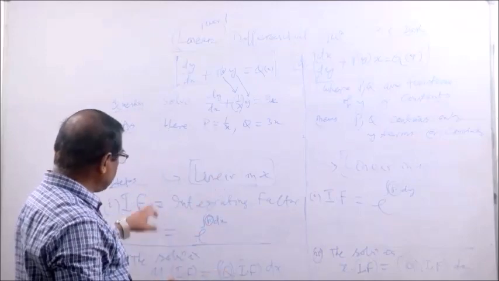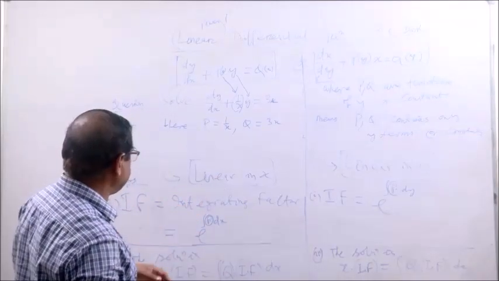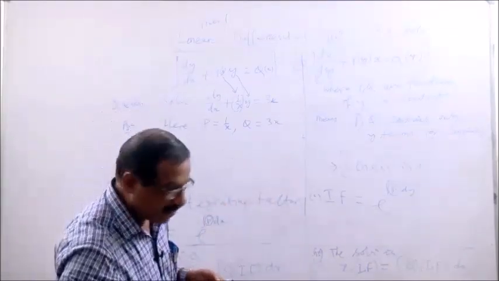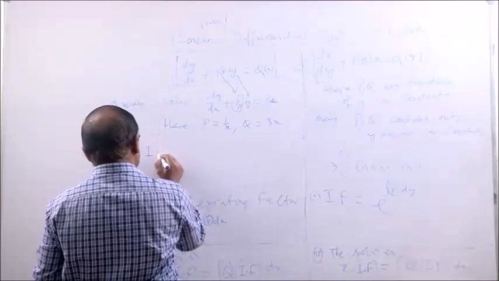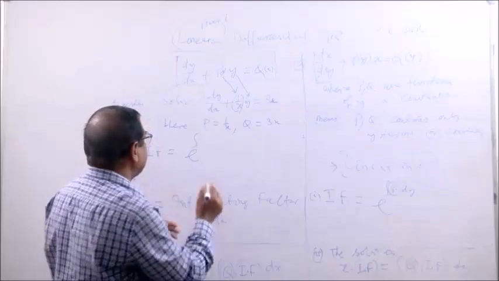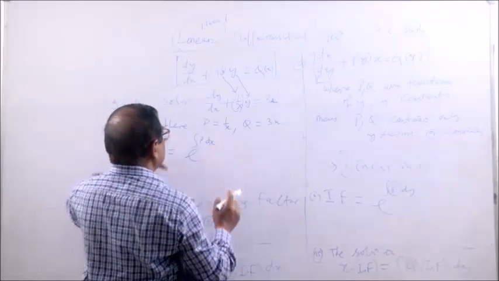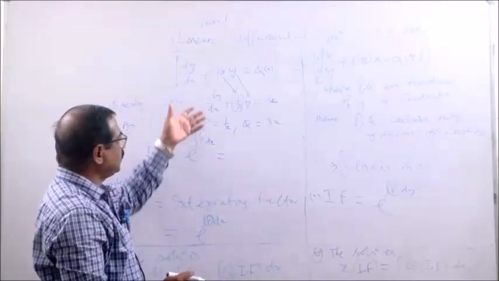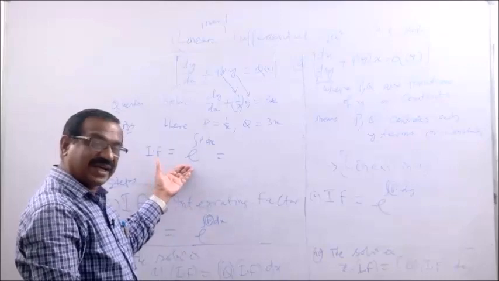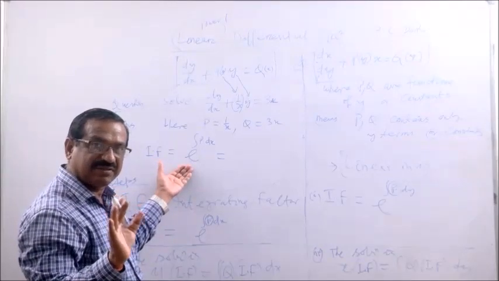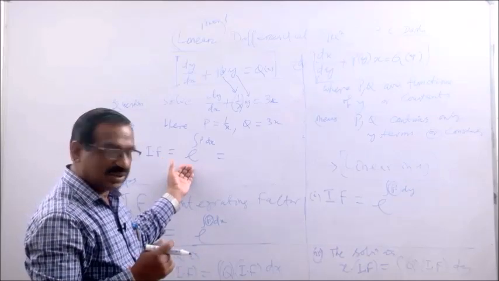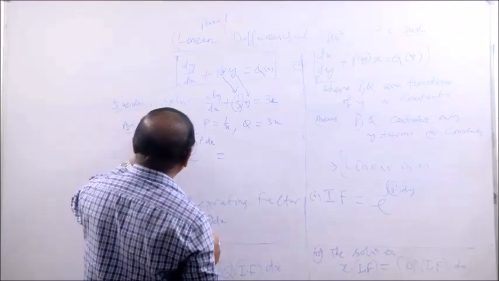Then what is step 1? First find the integrating factor IF. So what is IF? IF is e to the power integral P dx. You see, if you write a question like this but are unable to solve it, but you can find the IF, you will get 2 marks. These step marks are given in the Plus 2 examination. So don't neglect, don't leave the questions, even if you can only try to some extent.